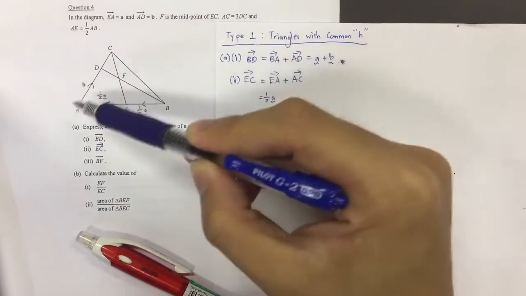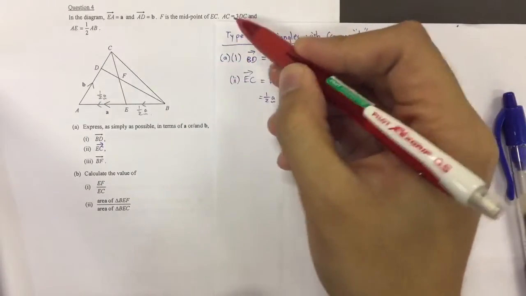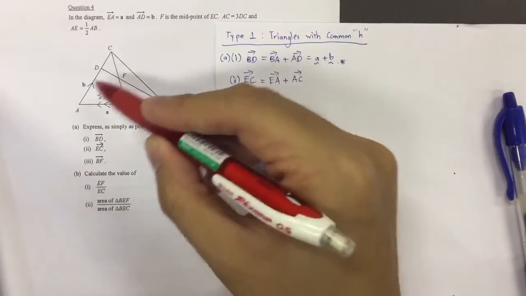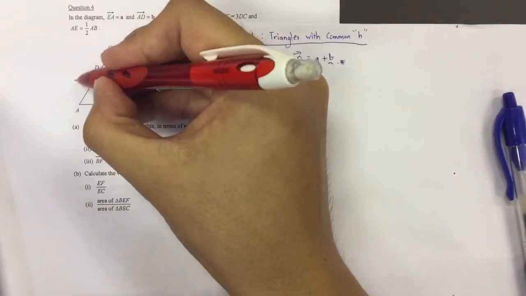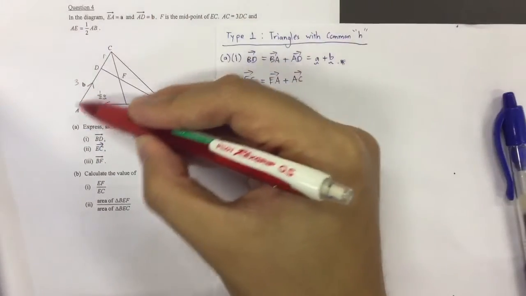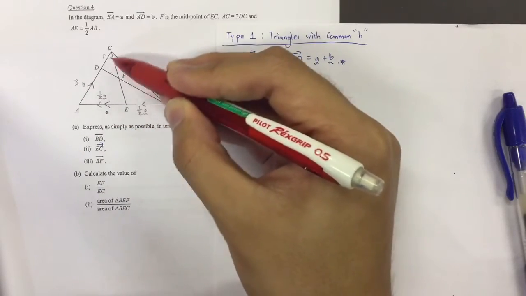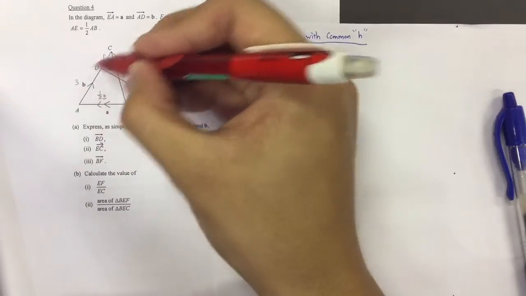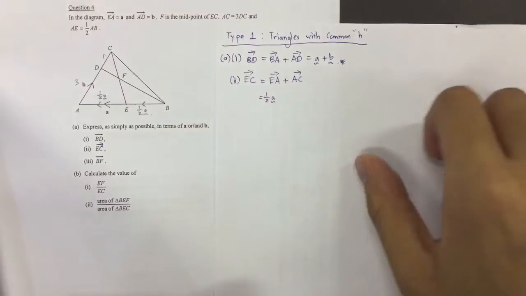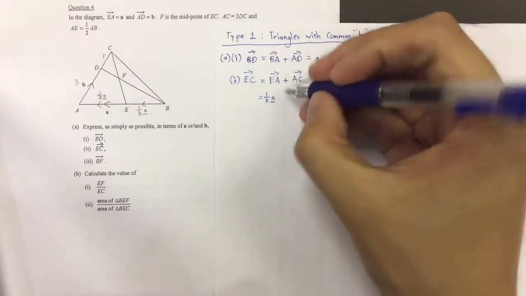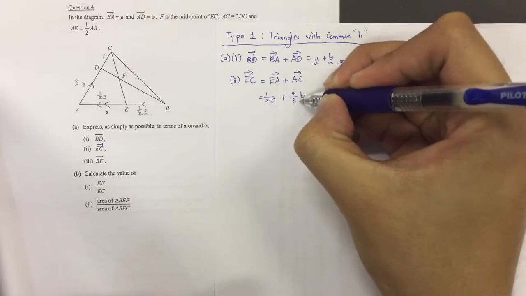So it says here that AC is actually 3 times of DC. So if we translate the ratios to the sides, AC is 3 times of DC. So if this is 1 unit, this is 3 units. So now, if this is 3 units gives me the vector B, what is the remaining here? Basically 3 over the whole 4. This is 4 units, this is 3 units. So therefore actually AC is 4/3 of B.